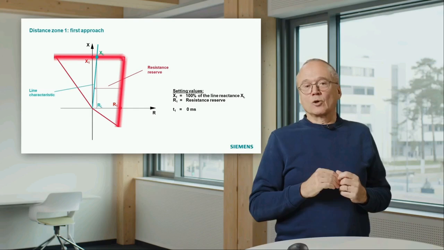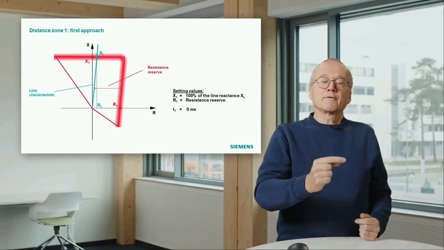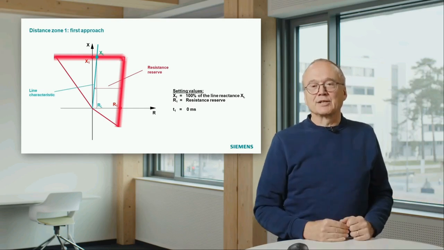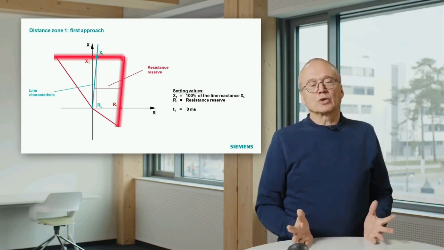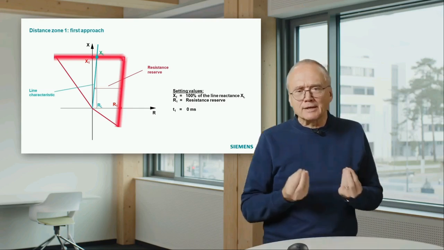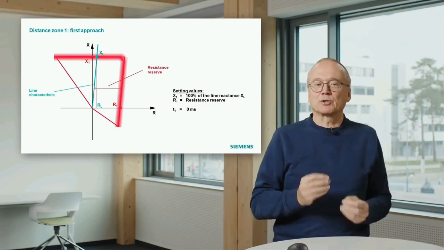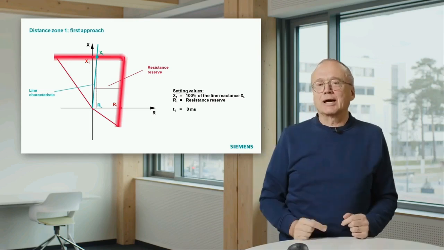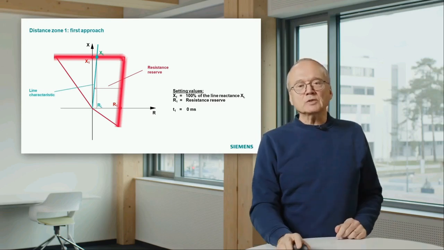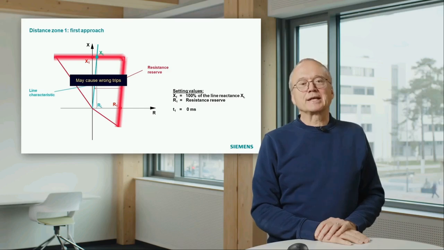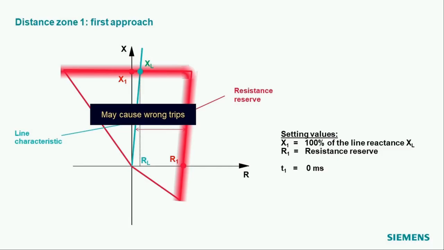Or the result can also be that if you have a fault just on the line but pretty much near the end, the relay measurement says, no, it's outside. I don't see it in the zone. And that is a principal problem in distance protection, that you have to live with this unsharp limitation. And one thing which bothers people most in this context: you may cause wrong trips.